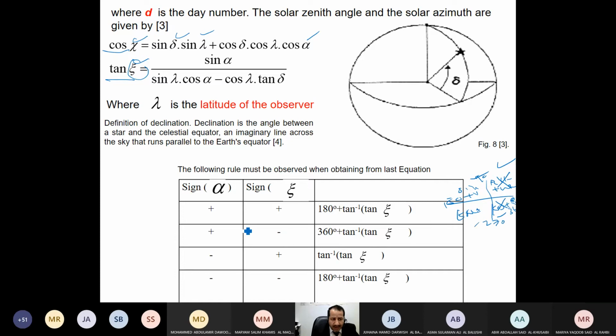Or you can use this table. This table says that when the angle